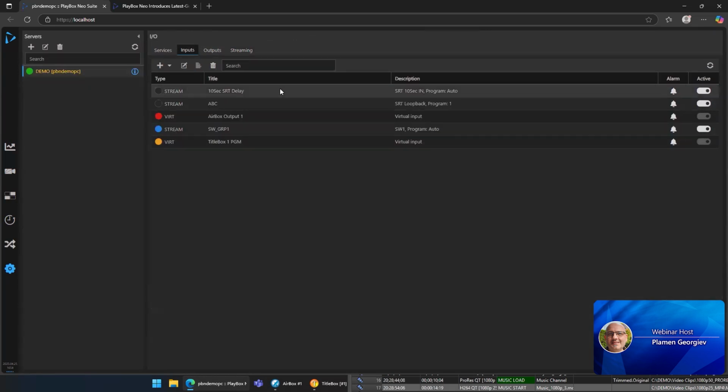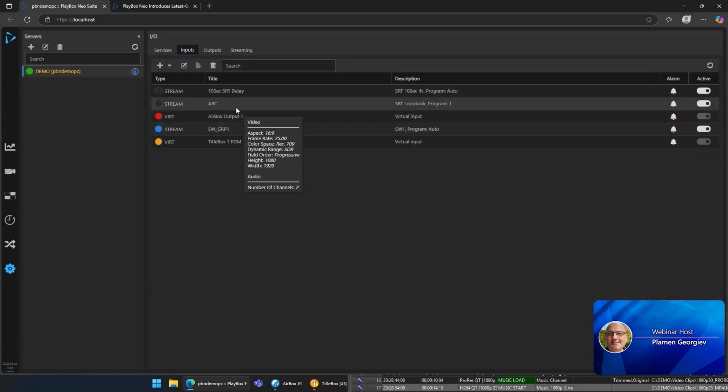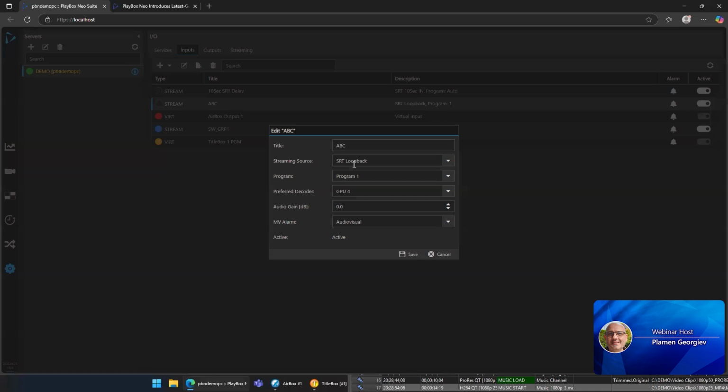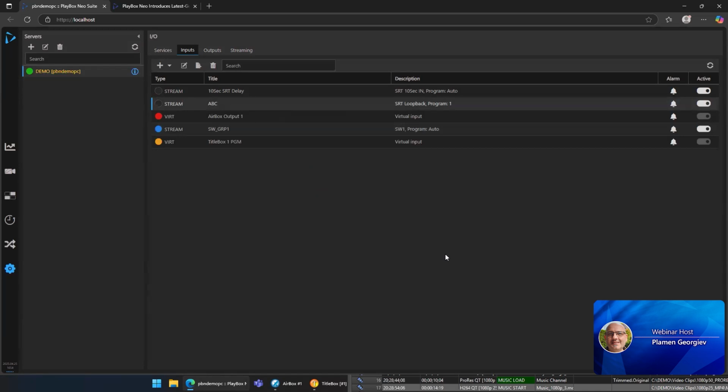in the inputs, all of these sources. For example, what to use here? What to use as a decoder. I can use a CPU or one of my GPUs. I have four instances on this computer. So again, optimization, you can do more with a single machine with the proper hardware, because this way we can do more with a machine with a proper graphic card and still decent CPU. Okay, so